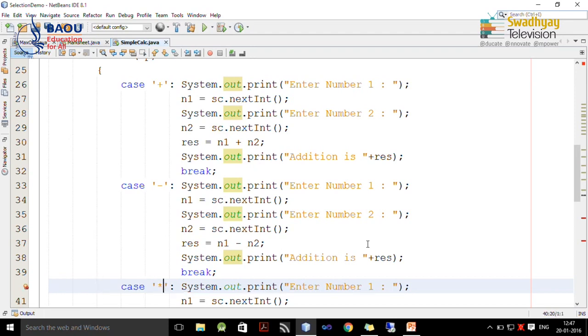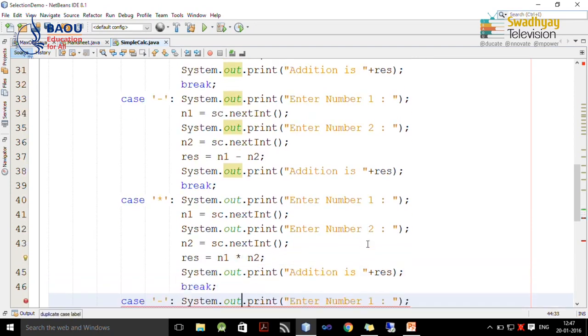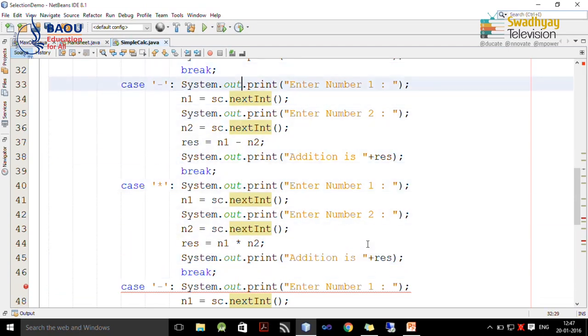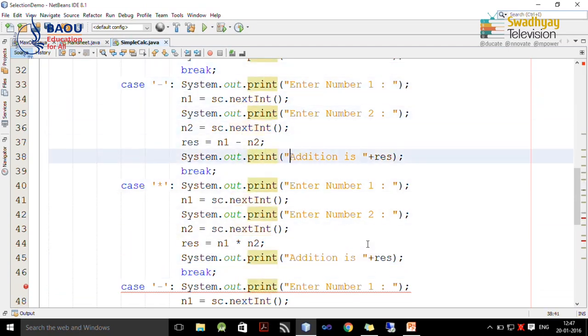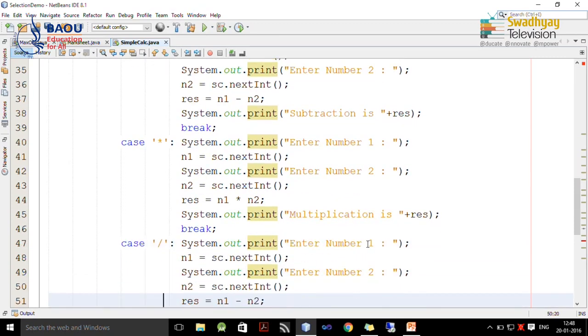So, here I use asterisk and here we perform multiplication of two numbers in result, and you have to also change this print value, which is subtraction in this case, multiplication in this case and division in case 4.